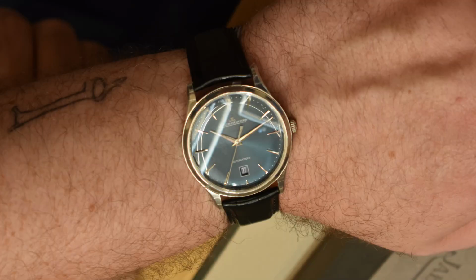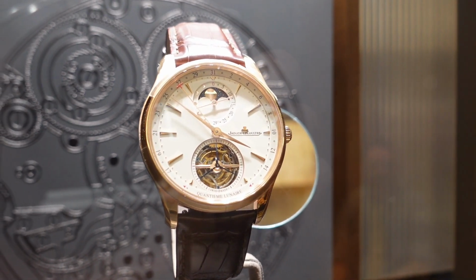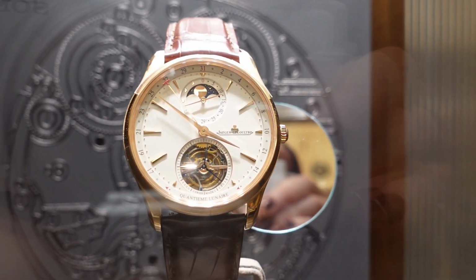The moon phase complication is definitely prettier, but I've never had to check the moon phase, not being a sailor nor a werewolf. The distinction between the two watches is somewhat irrelevant. I don't have €10,400 for the date or the €12,400 for the moon phase. Why was I debating? The room was filled with absolutely unobtainable watches, and it got seriously Alice in Wonderland when